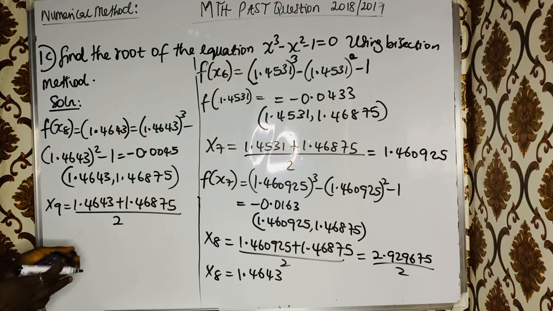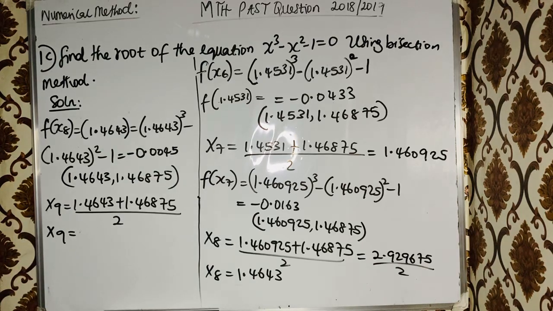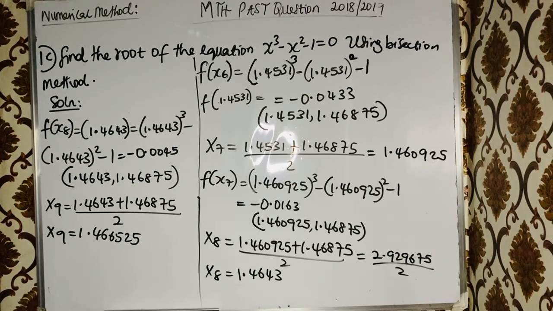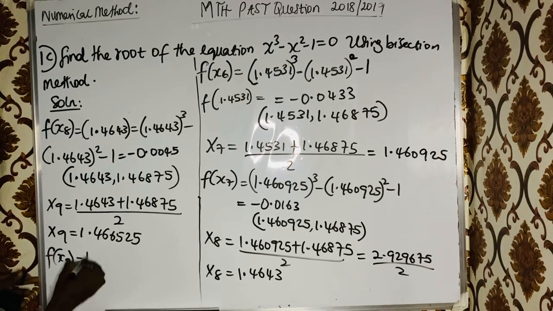So when you do it, you are going to get our x9. Let me do it first. The value you get. So we do for f of x9 will now be